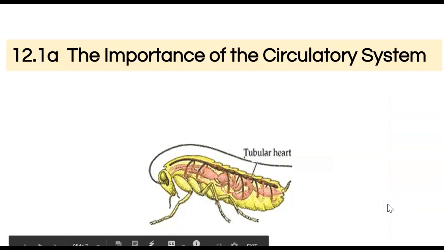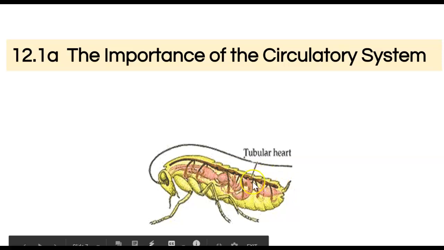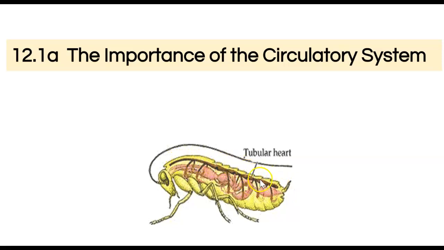Okay, so now this is a grasshopper. Again, this was meant to be an animated GIF, but something happened here. So in terms of the circulatory system of some kind of an insect, maybe perhaps a grasshopper, it has what we call a tubular heart, or sometimes it's referred to as aortic arches. And so basically, you can see here's an ostium, here's another ostium, and there are multiple ostia all along this tubular heart, which pumps